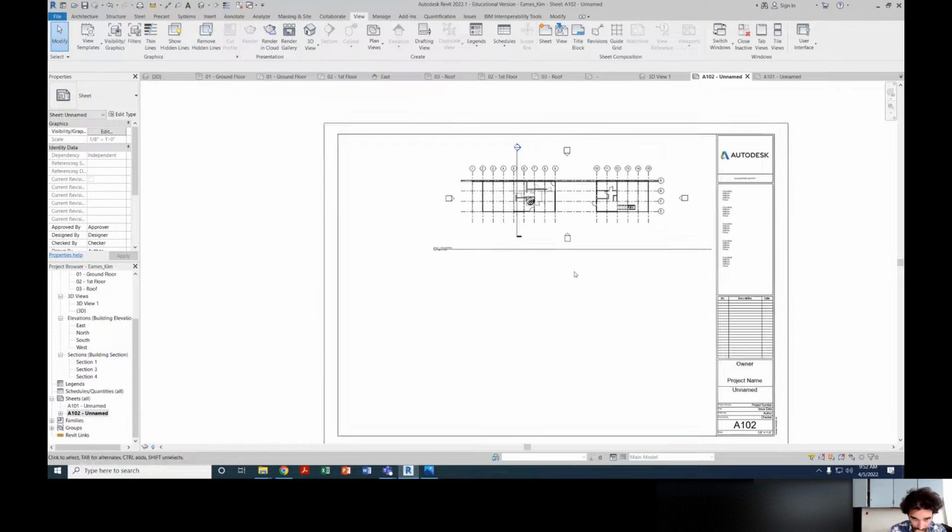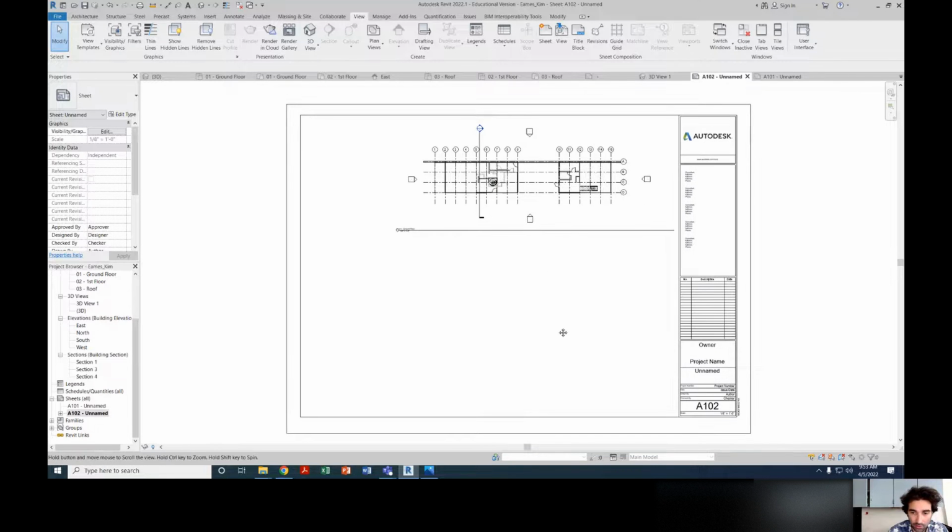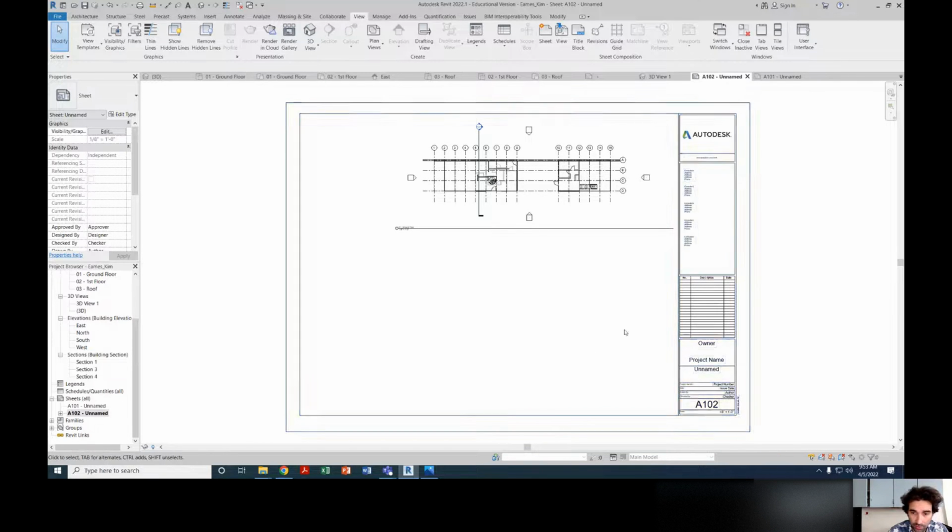So I have a ground floor plan. I think the next most important drawing for me to include after the ground floor plan, before I do the exterior elevations and before I put in the 3D views, is the section. And this is very dominant on the page. It's a section cut. And to not have a section on this sheet would be a crime as far as arranging a sheet with a title block. So I want to put this section